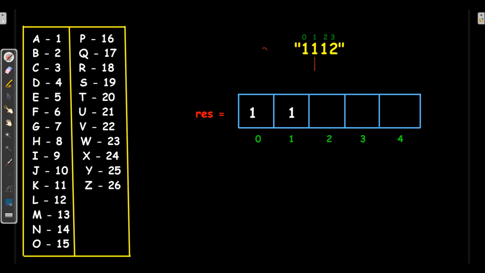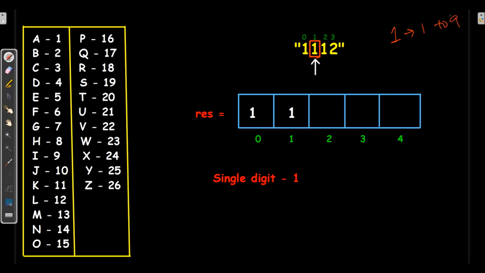Now our input array, for the first index: we will always start from the first index. First we will see for single digit and then for double digit. For single digit, we need to check whether this digit is lying between 1 to 9 or not.